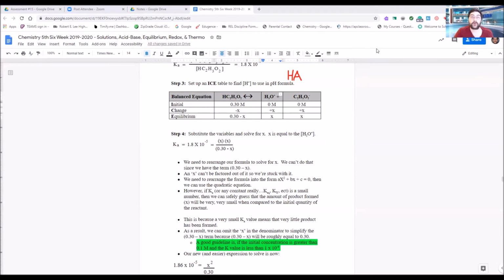We want to write what's called our equilibrium expression, and that's what we have here, where it says Ka equals, okay? Now, the Ka is going to be the acid dissociation constant, and that's particular to any given acid, whether it's acetic acid in this case or maybe carbonic acid in a different case. Nevertheless, each acid is going to have its own Ka value, and that will be given to you